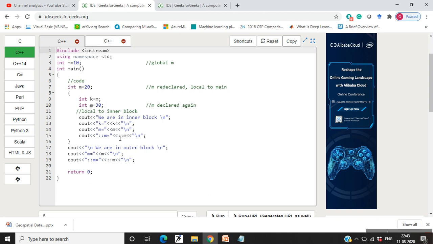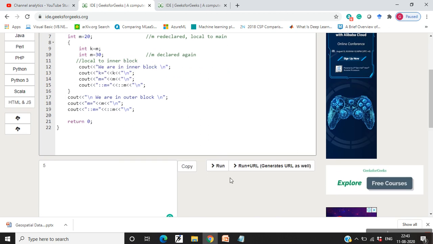Now as I had said, ::m will always give you the global value of m. So this makes the picture clear that ::m is going to give you the value 10. But when you are in the outer block, what would be the value of m over here and over here? So let us run this program and see the output that we get.